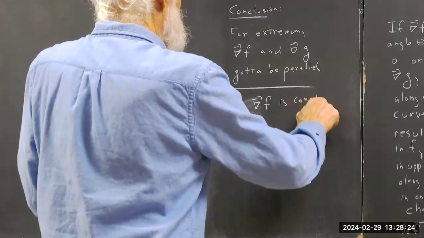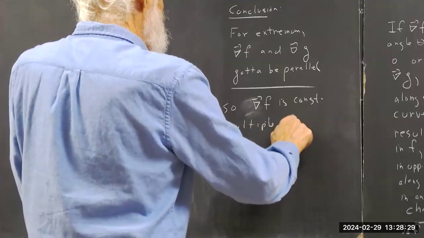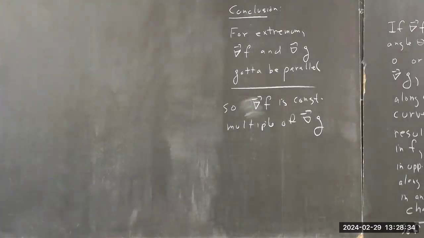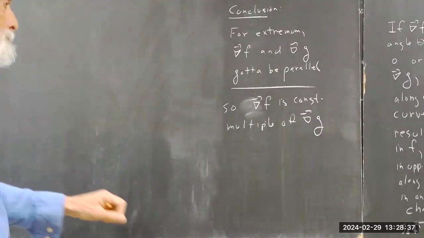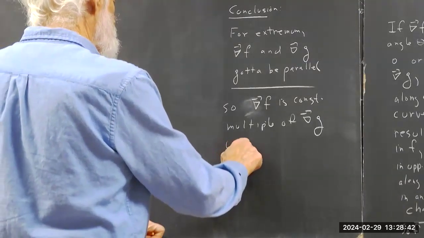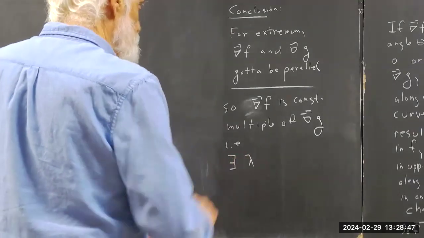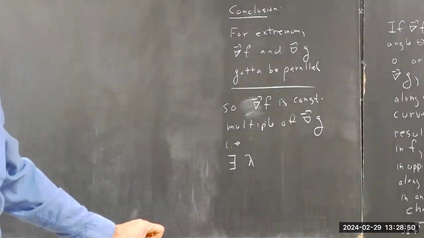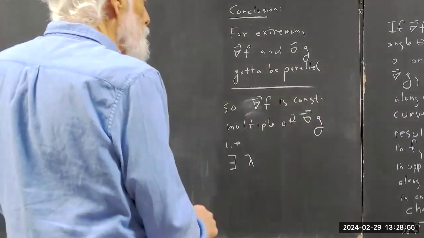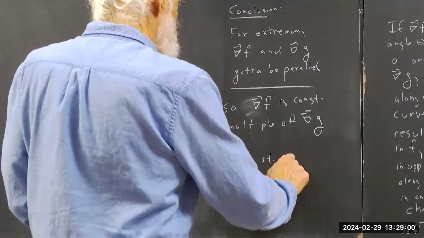It follows then that del f is a constant multiple of del g. That is, there exists some number, which we'll call lambda. It's not an eigenvalue, but there's some kind of relationship. There exists some number lambda such that